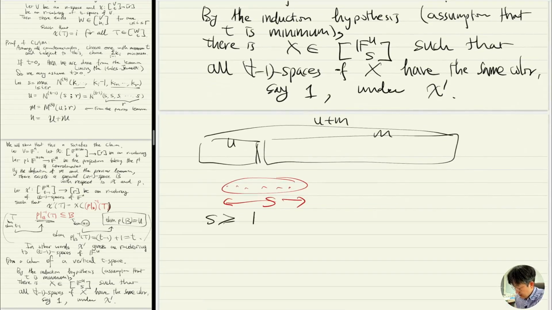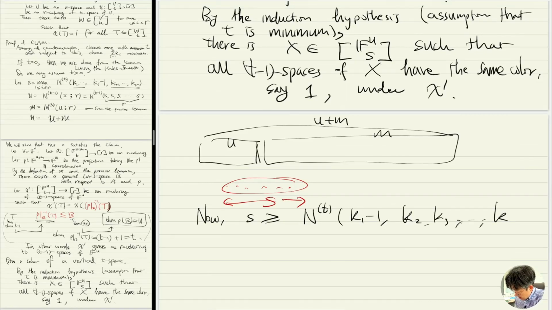And S is bigger than n t minus 1, k1 minus 1, and k2, k3, kr. So this implies, by the assumption,